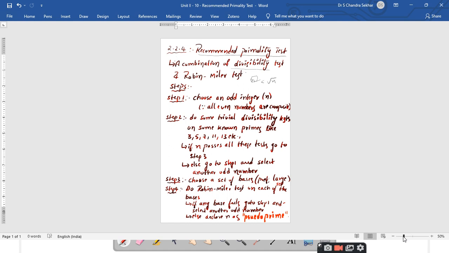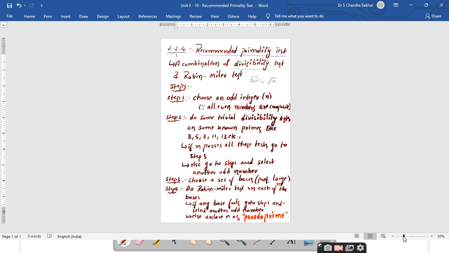So first of all, we go through the divisibility test. That means we take the value of n and we do some random divisibility tests on this n with some primes, and if n passes all the tests, then we again check it with another algorithm, which is the Rabin-Miller test, right? So we are not satisfied with the divisibility test. Even though we get good results with it, we again check whether that n is going to pass the Rabin-Miller test or not.